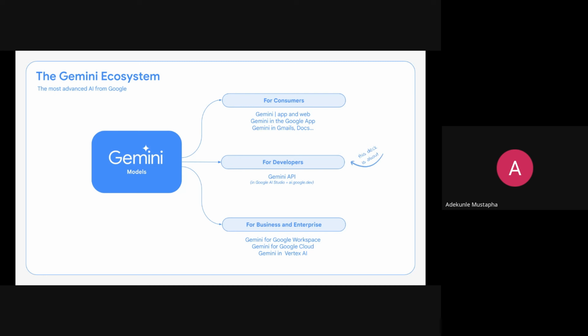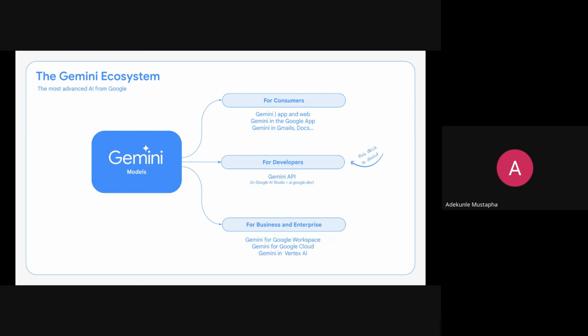For consumers and low-code users, they typically consume Gemini from the app or the website. They can consume Gemini in Google Workspace, by integration with BuildWithAI. They can consume Gemini in Google Cloud, sometimes with implementation with BuildWithAI in some tools. For developers, you can consume Gemini with the Gemini API and use AI Studio. So these are some of the various ways we can consume the Gemini model.